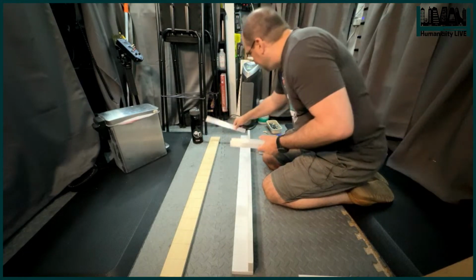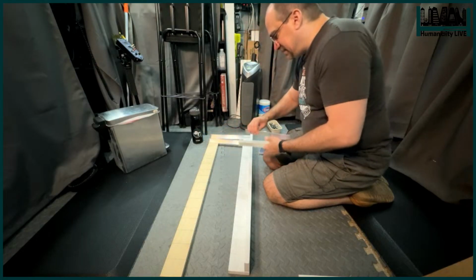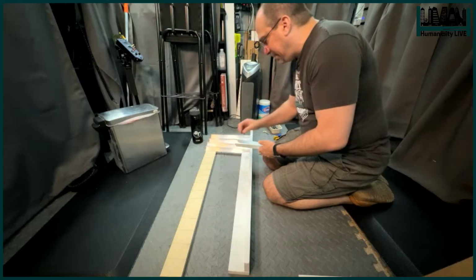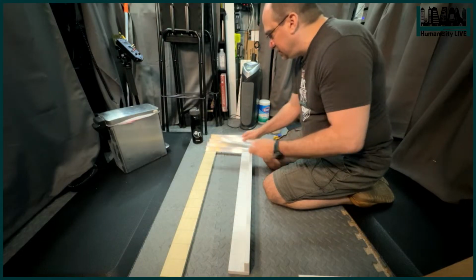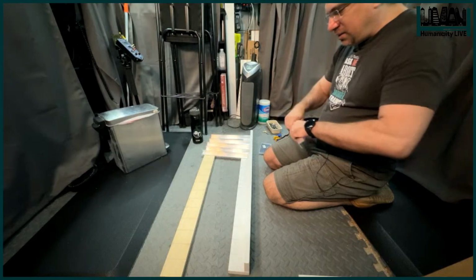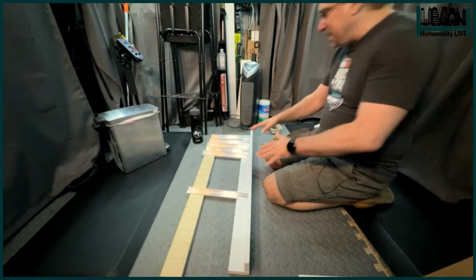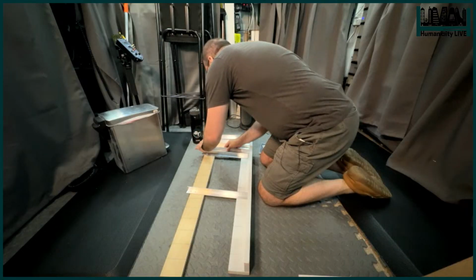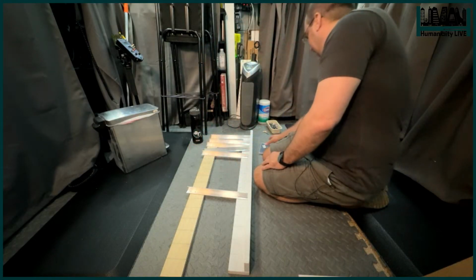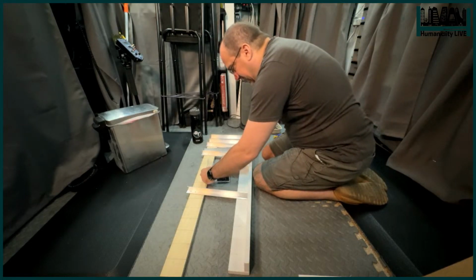So these are going to go like this. Right like this. We're going to do 5 of them up at the very top, and then just to get a little bit of strength in these, we're going to do another one kind of down near the bottom. So I need to make 2 of these frames right now. And this is why I have the 2 holes, is because what I am going to do is